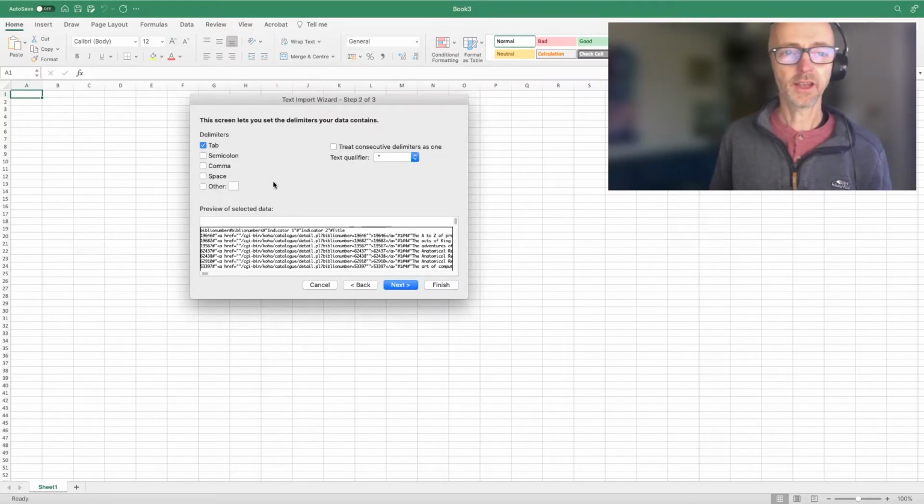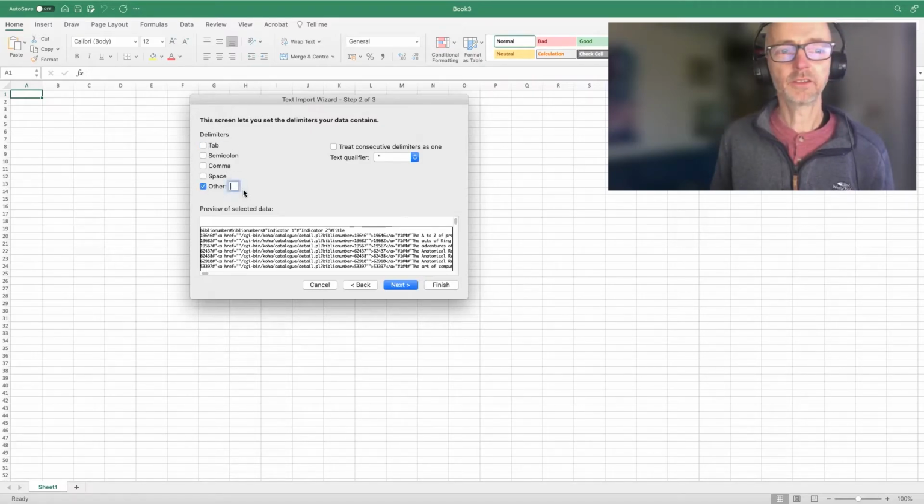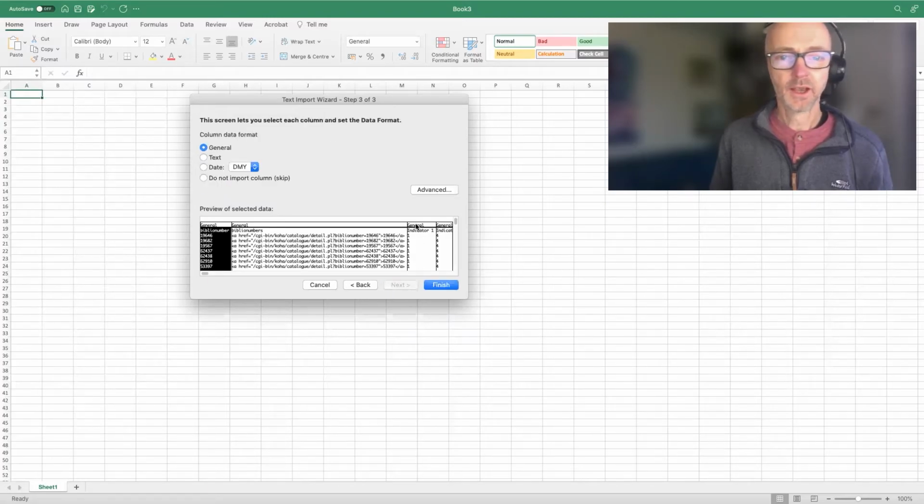If I go through to the next option, we can specify the delimiter. So if you remember, I actually specified the delimiter of a pound sign or a hash. So if I just input that character, you can see immediately the preview underneath has laid it out as I would expect it to be laid out. If I change it back to a comma, it's all not laid out properly. So I'm going to set that as a hash, go through to the next option,